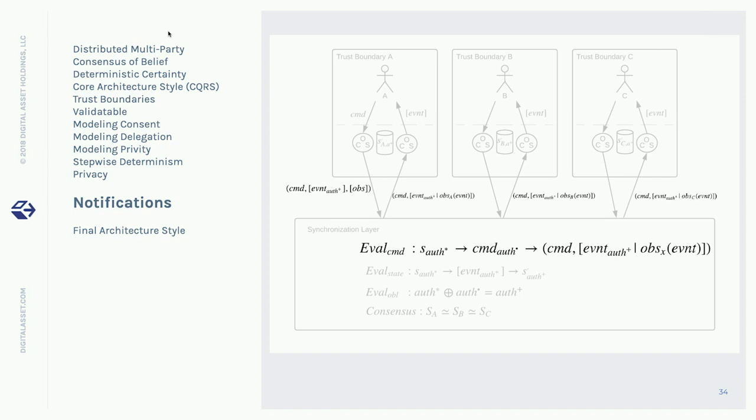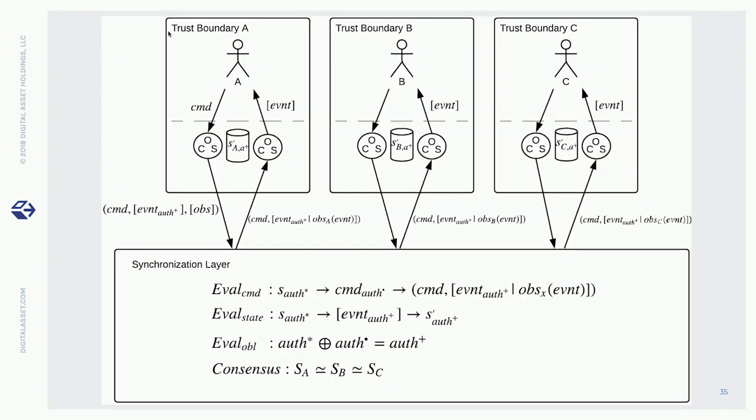Finally, for notifications, if we actually fold into the event the list of people who have to be able to observe that event, so that it becomes a part of the nature of an event, then we can guarantee that when we run that evaluation function, it's impossible to leave someone off. Because by definition, if it was a valid function, you computed the observers correctly. And so the list of parties who must be able to see it must actually be correct. So this is the resulting architecture.